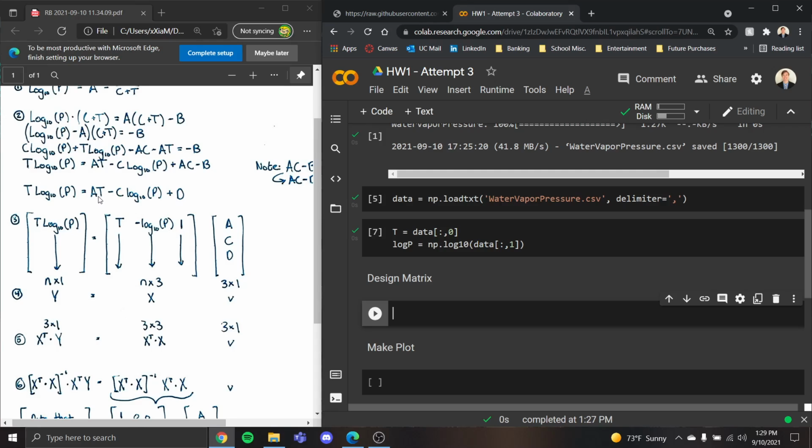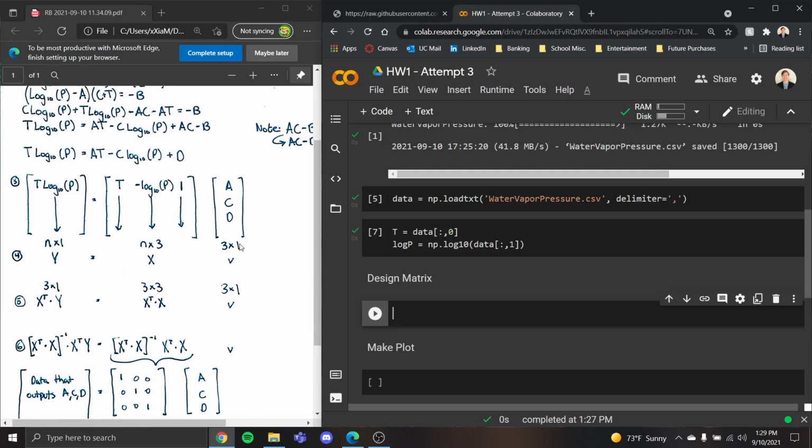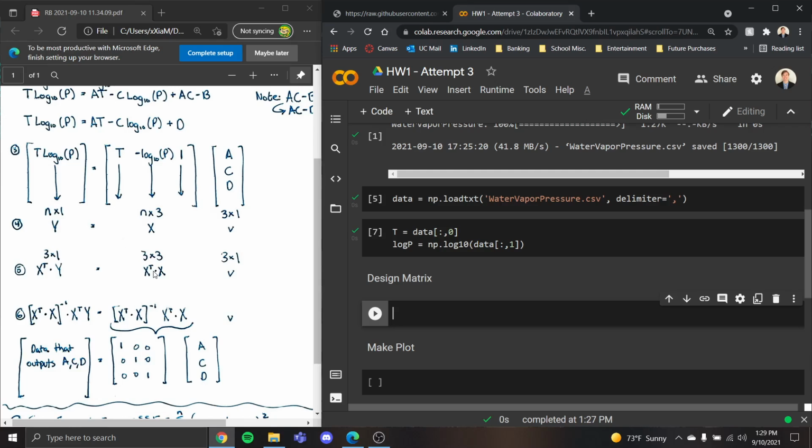This comes from the fact that our A, C, and D terms on this right side of the equation are all constants, and therefore are thrown into a different matrix of A, C, and D. Notice the sizing of these matrices, n by 1, n by 3, and 3 by 1. This comes into play when we look at manipulating these matrices by multiplying both sides by the X transpose matrices